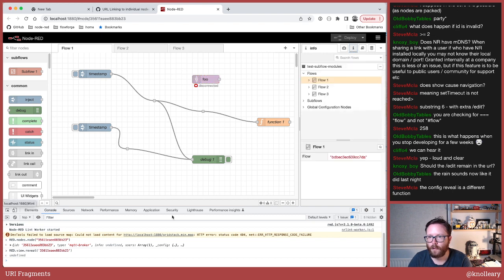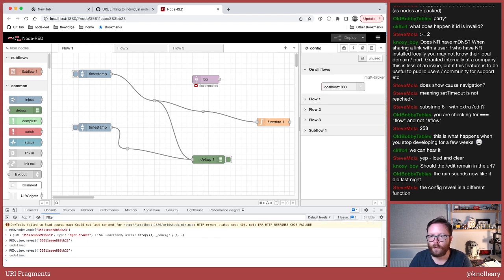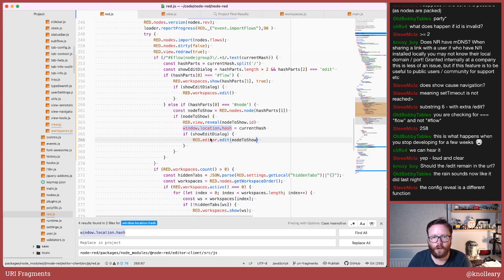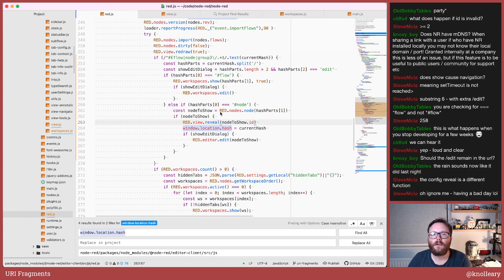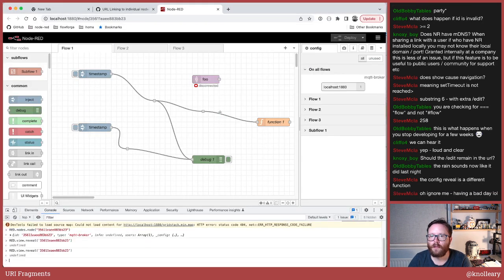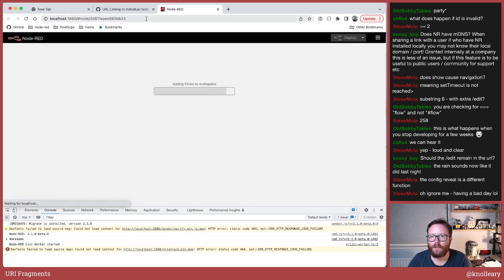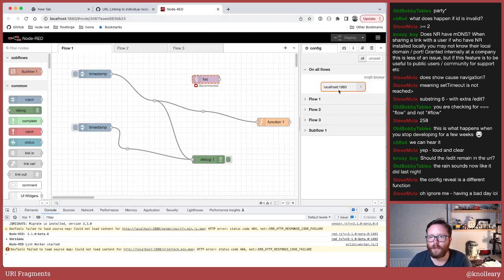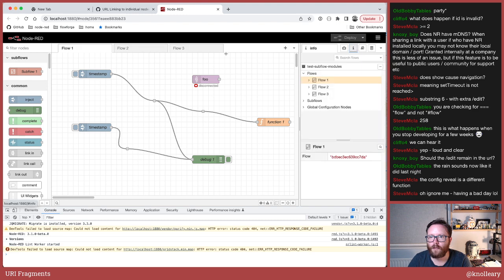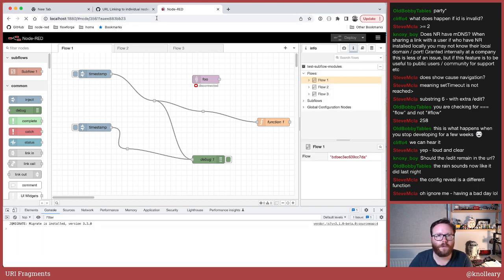Did you see? If I red.view.reveal, it switched to the config sidebar and highlighted it. So red.view.reveal, that should have done it. But it didn't. Okay, it did that time. If I go to a different tab,